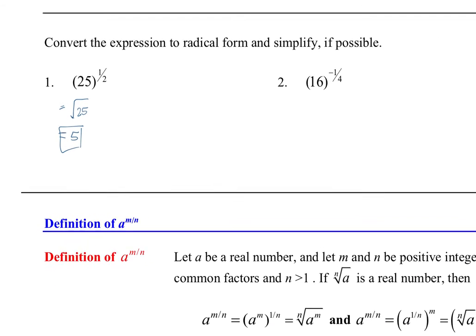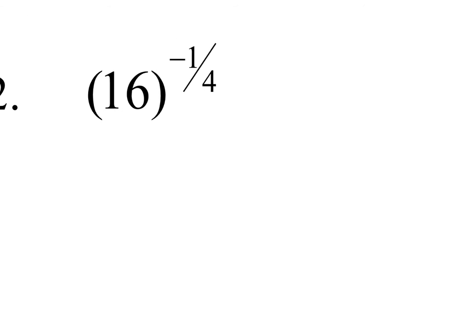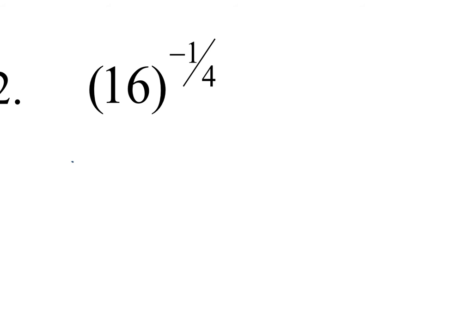On example 2, we have 16 to the negative 1/4 power. The very first thing that I want to do is change that negative power to a positive. We're going to change the sign of that exponent to make it positive by moving it into the denominator. So now it's 1 over 16 to the 1/4 power, which is the same thing as 1 over the 4th